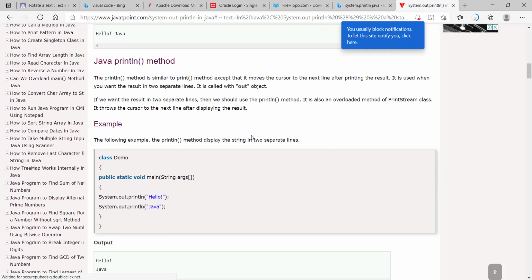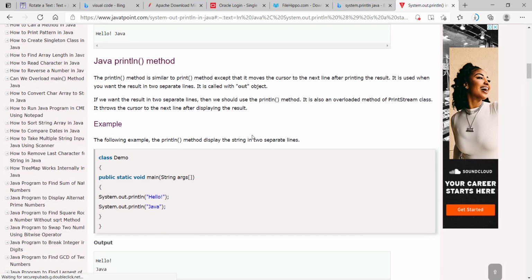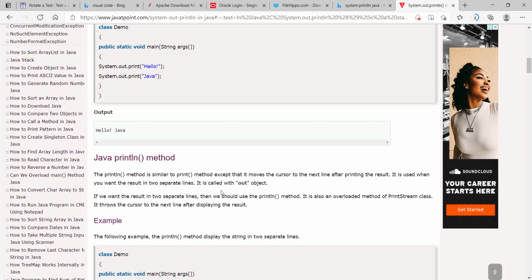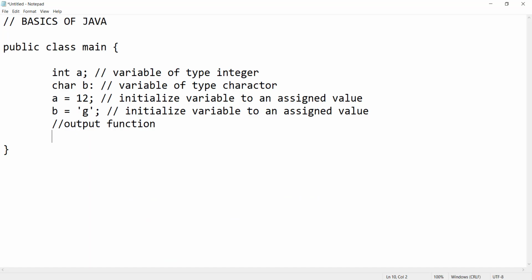Okay. I think this is a better way of actually doing it. Right. So according to this one, we can actually use that line. So to output, we just put system.out.print hello. So this is an output function for this. At the same time,